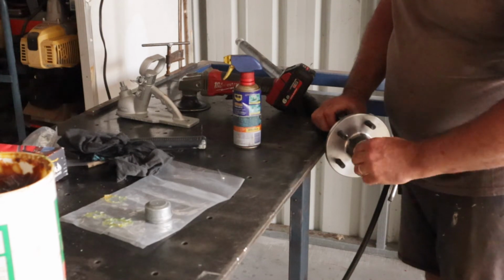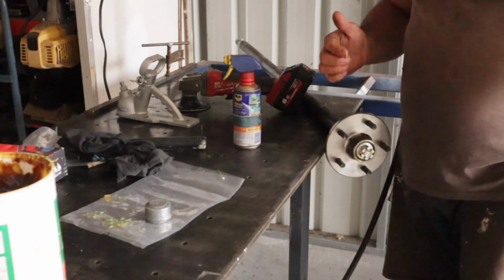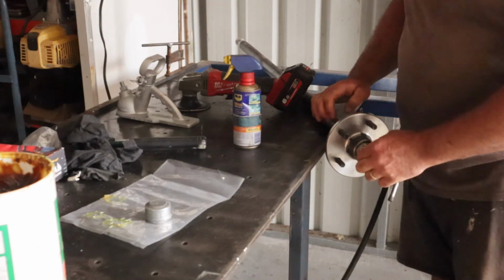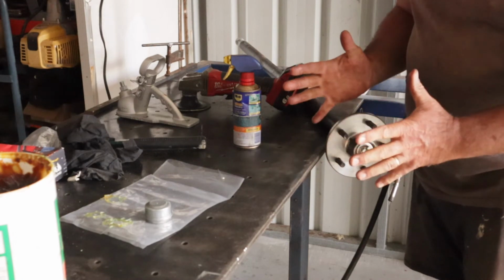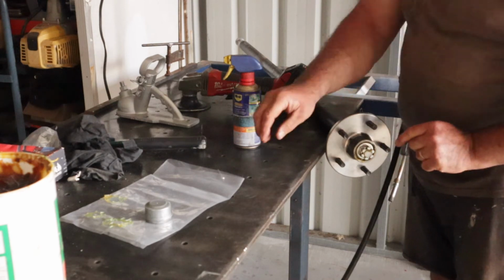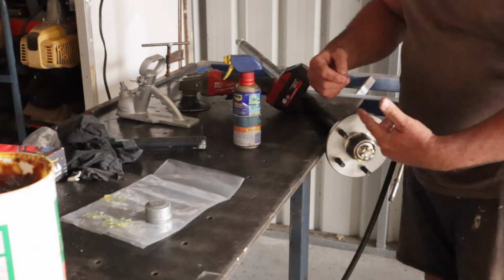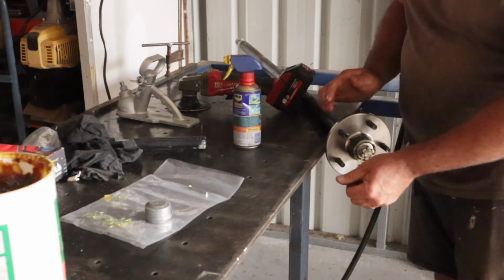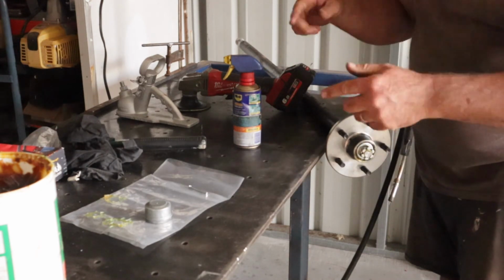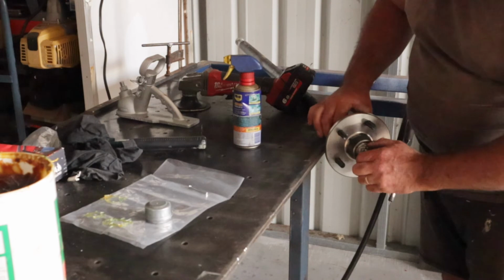like that. Now everyone's got their own little ideas about how they do their bearings up. When this is actually on the trailer, I normally lock this nut up pretty tight, just to make sure everything's seated, and then I back it off maybe two pins worth, just so it spins free without too much play, and then usually give it 100 kilometers worth of on-road time, and then I'll come back and have another look at it. So I won't do that bit just yet,